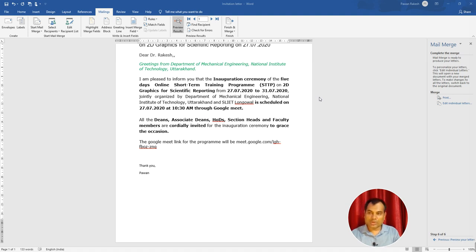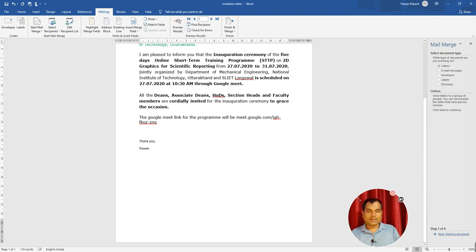So I will follow a step by step procedure in Microsoft Word, and you will see this is a very simple procedure to use the email merge options. I will show you how to create the envelope.